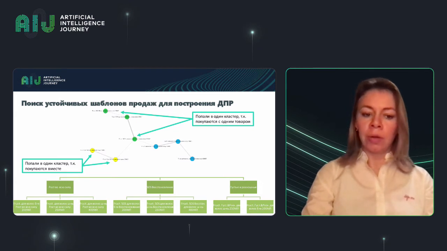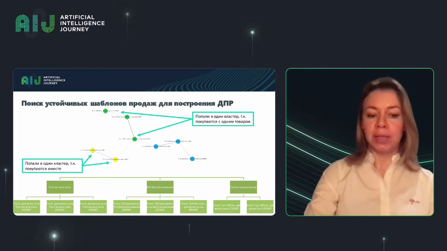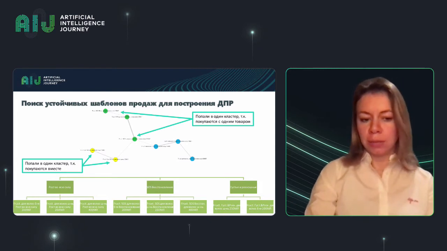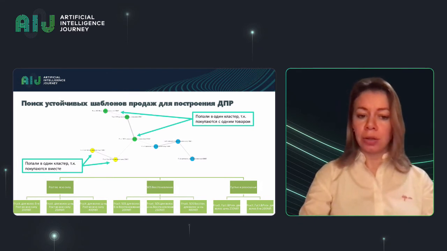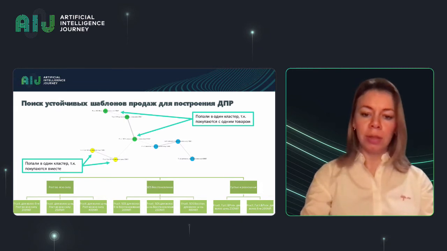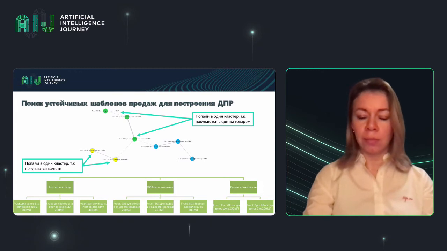And at the first stage, we break them down into several clusters, and immediately we see three clusters. First of all, those products that would be purchased by the same buyer very often, those products that would end up in the same receipt,